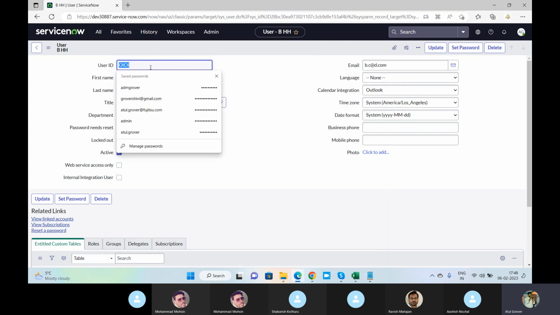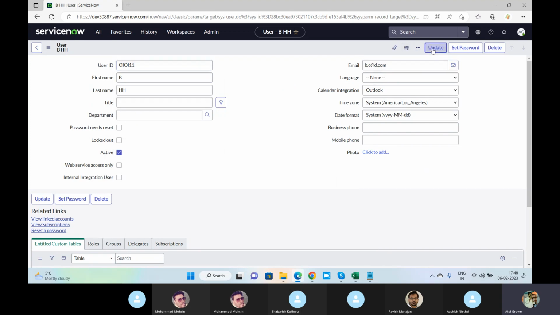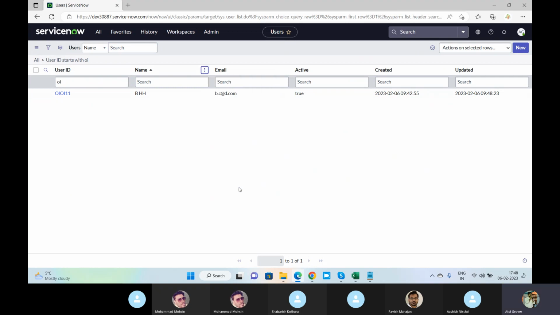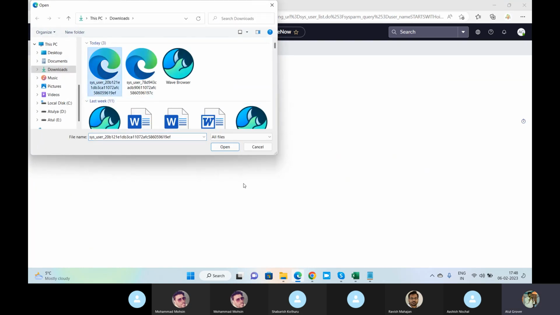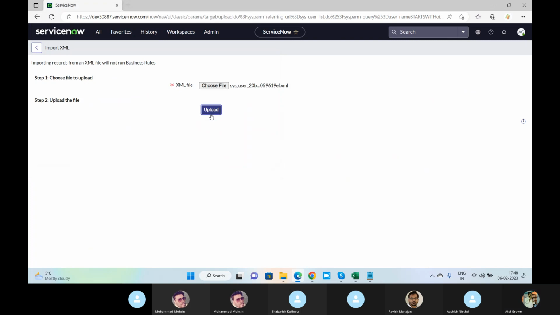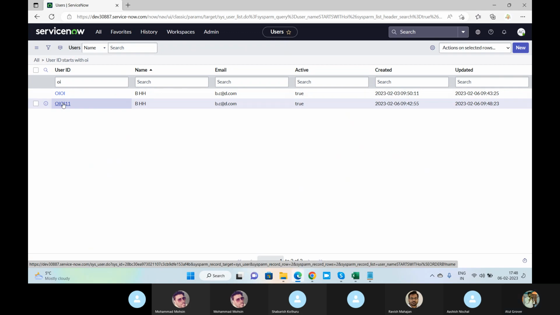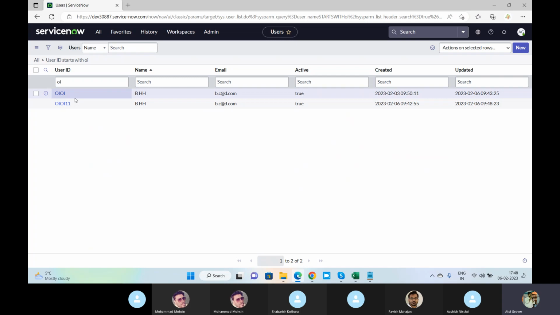Now let me do one thing. Let me change this to this one. And now let's migrate this profile. Import XML. Now it has been done. Why? Because the sys IDs of these two users are different. Even the user ID is different; maybe I put the user IDs as 10 and 11. The rest of the information is the same. These are the practical scenarios that happen when we unknowingly create the user profiles